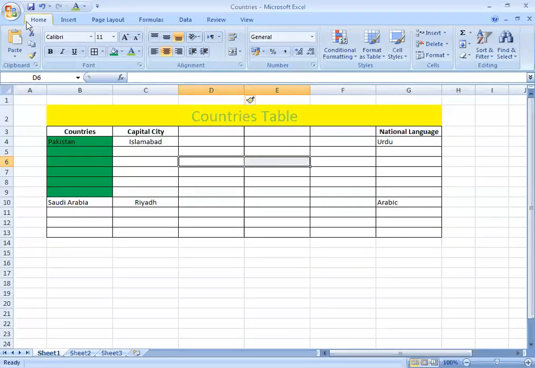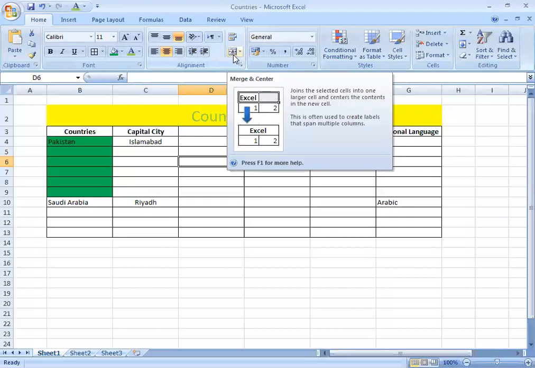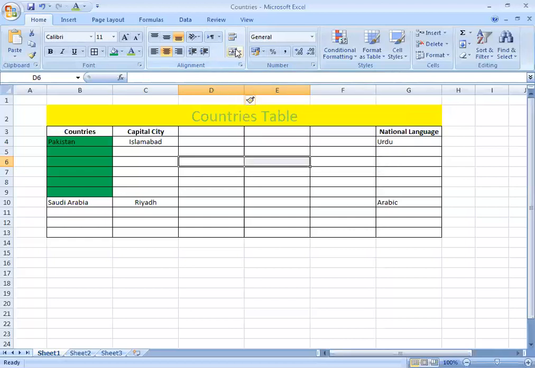Then I will go to the home tab and the alignment group. In the alignment group, you will find a command. You have to remember this. This is called merge and center, right? You will click on it, and here it is written merge cell. See this.